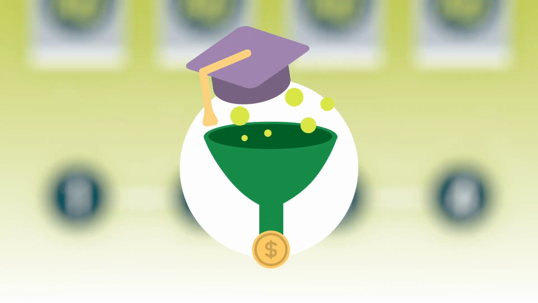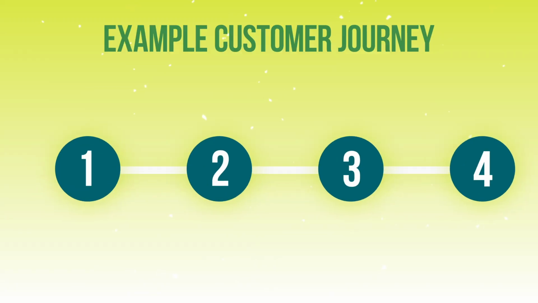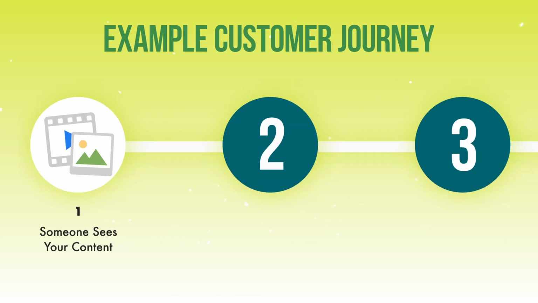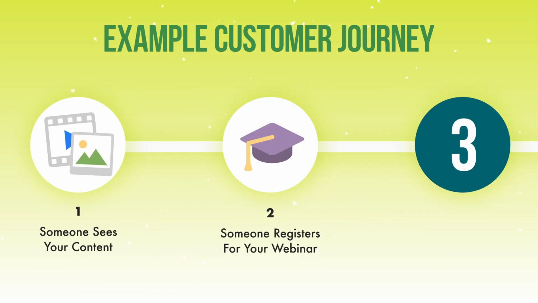I recommend drawing your customer journey out and then looking at every point where you want the lead to actually do something. Let's use a webinar funnel as an example. That customer journey might start with a video or a piece of content that you want someone to consume. We actually talked in depth about how to promote those ads in another video, so you can find that link below. The next step in that customer journey is for someone to register for your webinar. So you'd have those registration ads, which we talked in depth about in lead generation in this series as well.